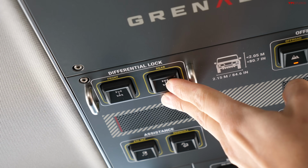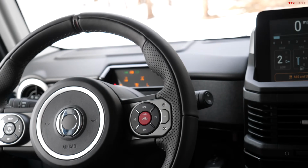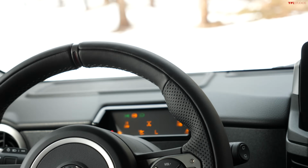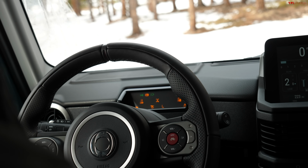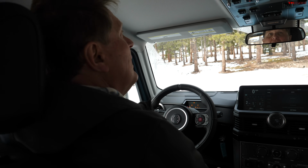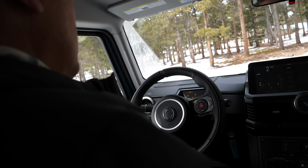Okay, we'll try unlocking that. Oh, it's blinking, like it's trying to unlock. I gotta tell you, I'm not impressed, Kase. No, this is more difficult than getting a Toyota into low range. It's not just more difficult, it's confounding and it doesn't work. Yeah, that's the problem. So this one's blinking, that one's blinking. If I drive forward, it just says it's...